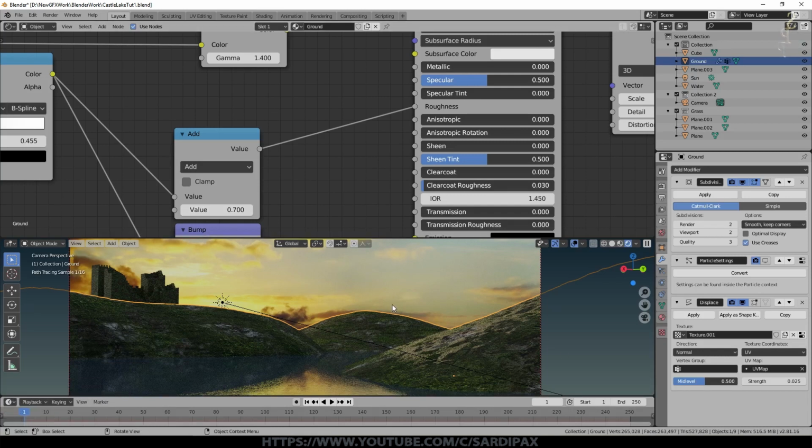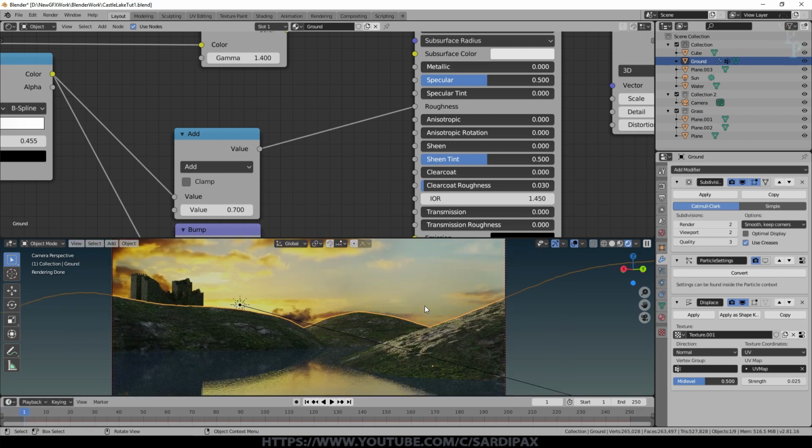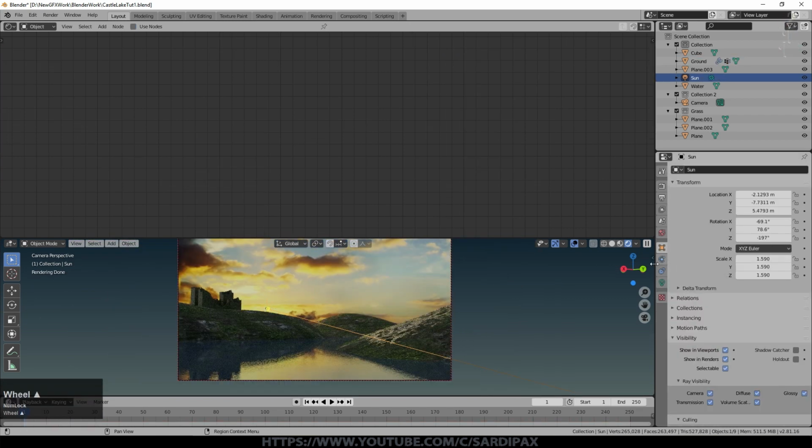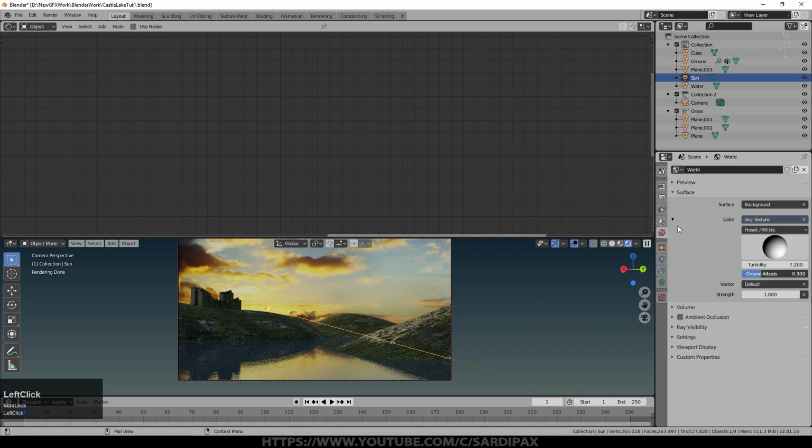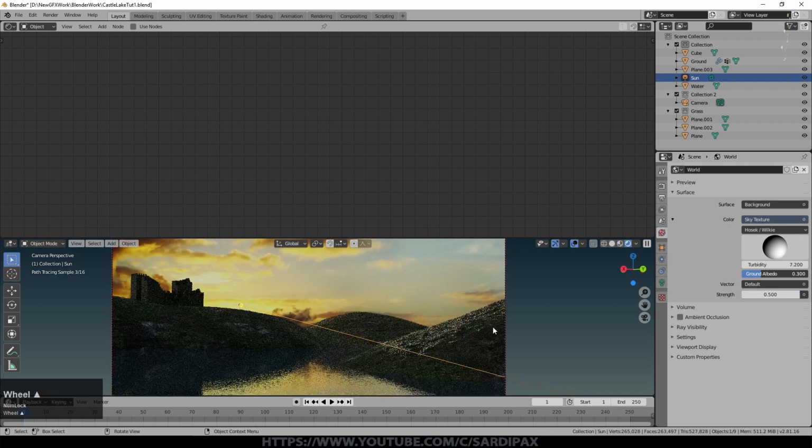I think I had it at about 0.8 or so on the original scene. Obviously we don't have the grass on there right now. And maybe turn the sun down slightly. And perhaps turn the overall world sky setting down slightly. So I had mine down quite a long way actually. So let's try 0.5. And that gives me some more contrast as well.